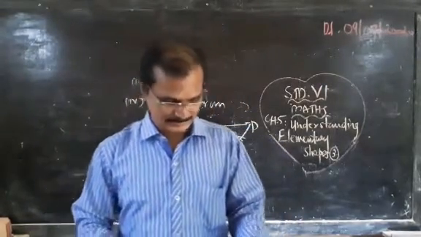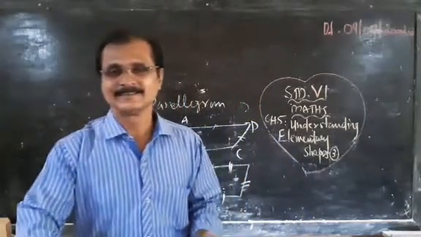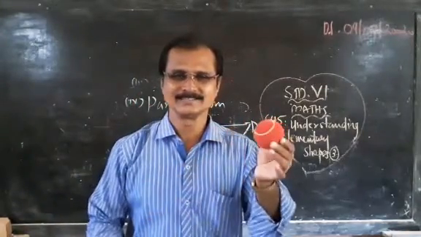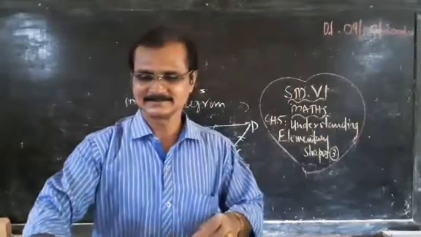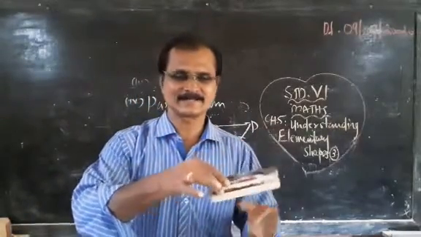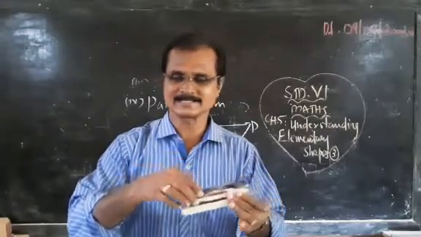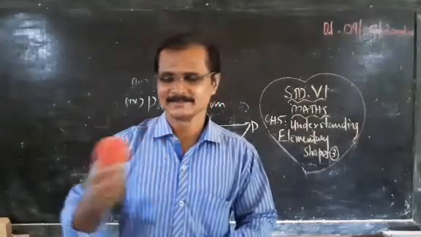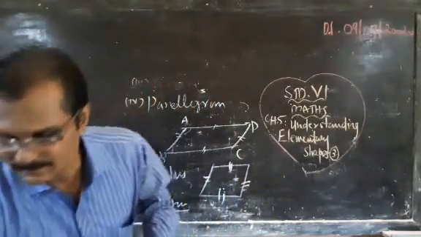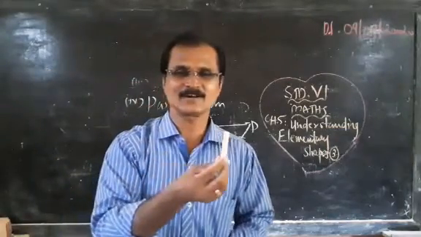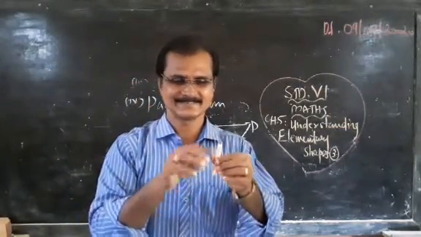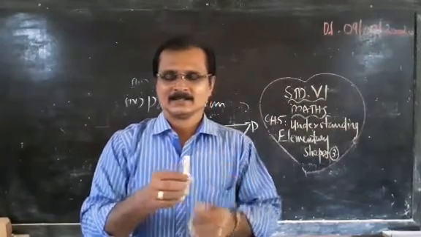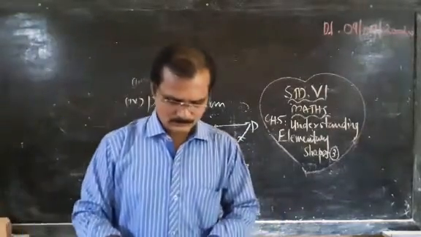Now page number 108, 3-dimensional figures. A ball, a tennis ball, is a 3-dimensional figure. A duster is 3-dimensional, with length, breadth and height. Now this is chalk, a cylinder, with height and a circular region.